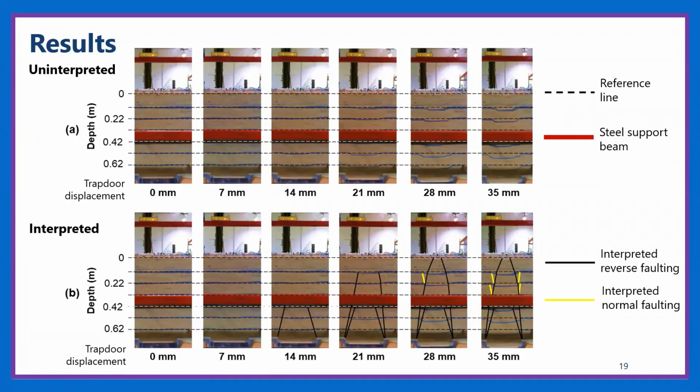So, which is what we were hoping and what we expected. What's particularly interesting about this is that we actually have what look to be two different dome-like structures. There's this larger, taller outer dome, and then this inner dome. And then these yellow lines I've drawn for you are what I've interpreted as normal faulting, whereas the black lines